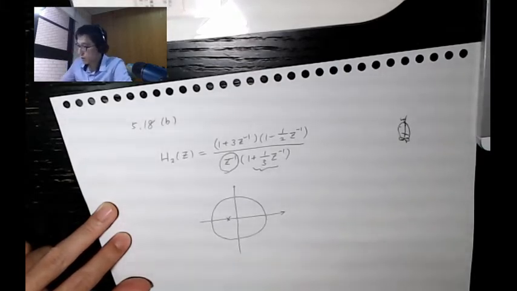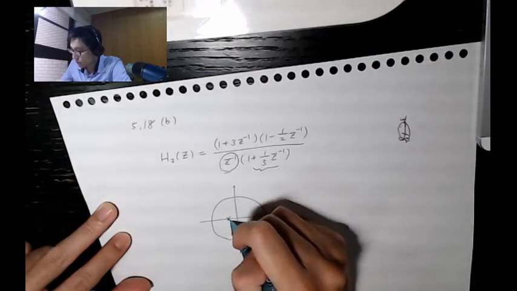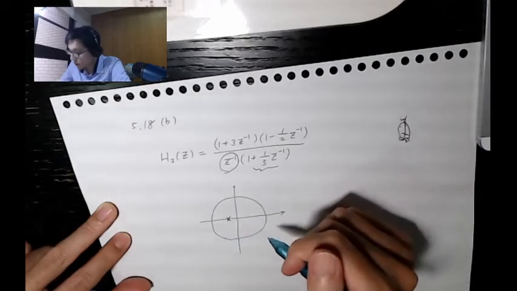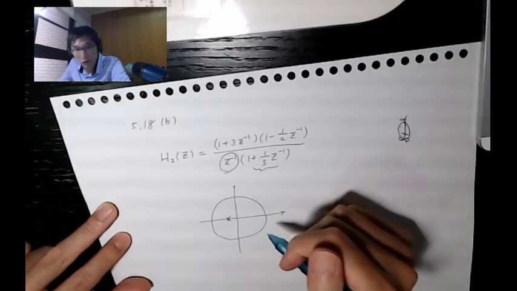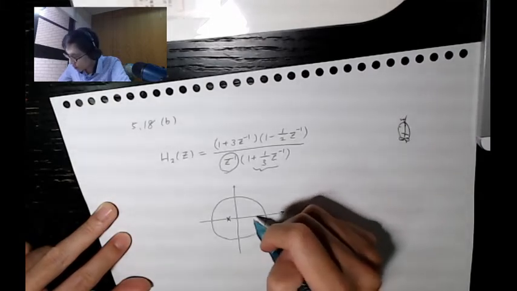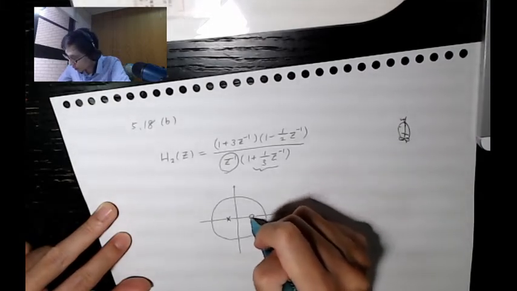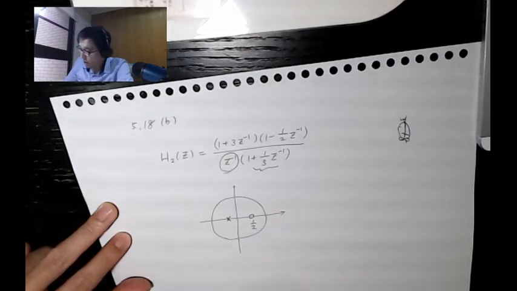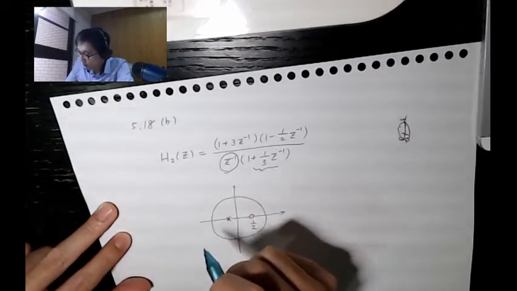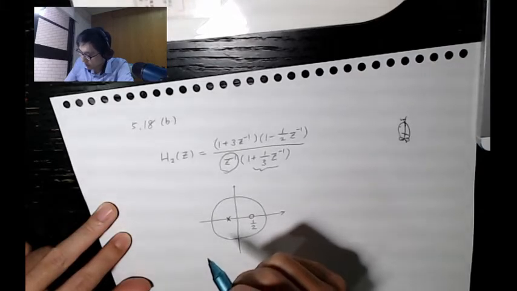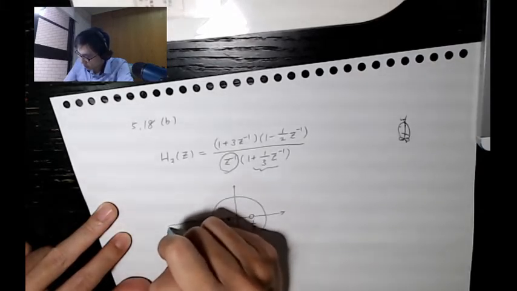The question is to find the minimum phase system that has exactly the same magnitude response. And so here that's one pole, and where do we have 2 zeros? We have a 0 inside and 0 outside, it appears to me. Okay, so we have 0 here at 1/2, and we have a 0 somewhere at -3.